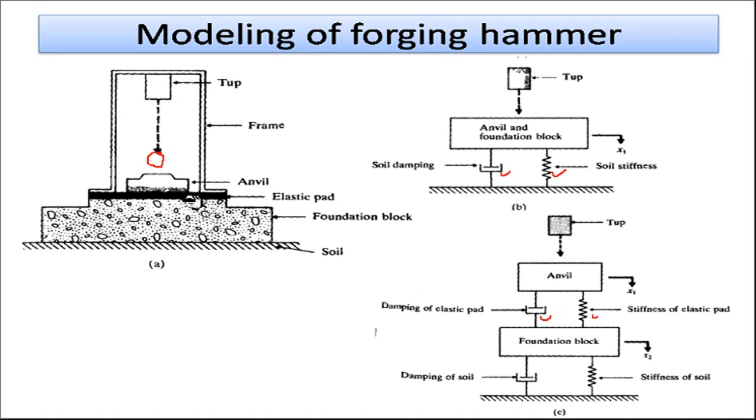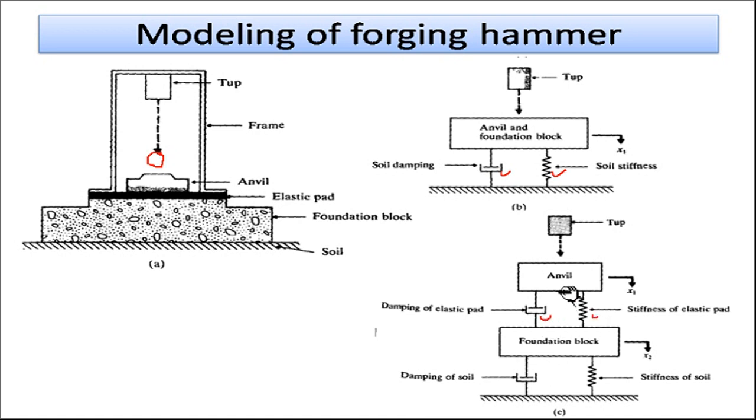So this anvil is mounted over the elastic pad, so anvil mass is taken here, and this particular elastic pad, its damping and stiffness put here, and this elastic pad is mounted over the foundation block. So foundation block mass is taken here, and below that there is a soil. It means over the soil there is a foundation block, over the foundation block there is elastic pad which is